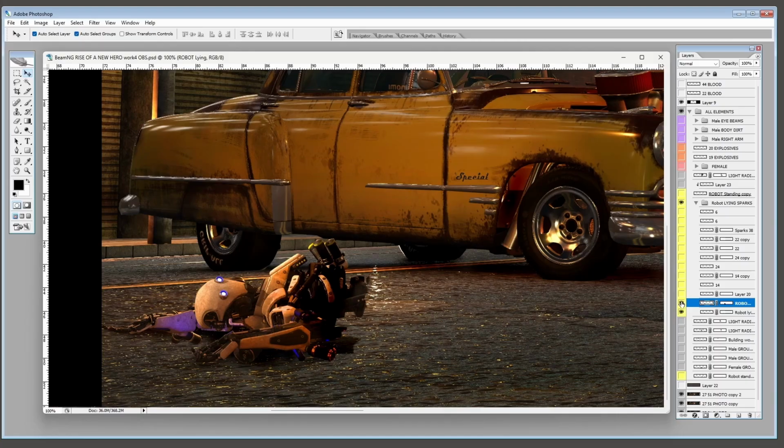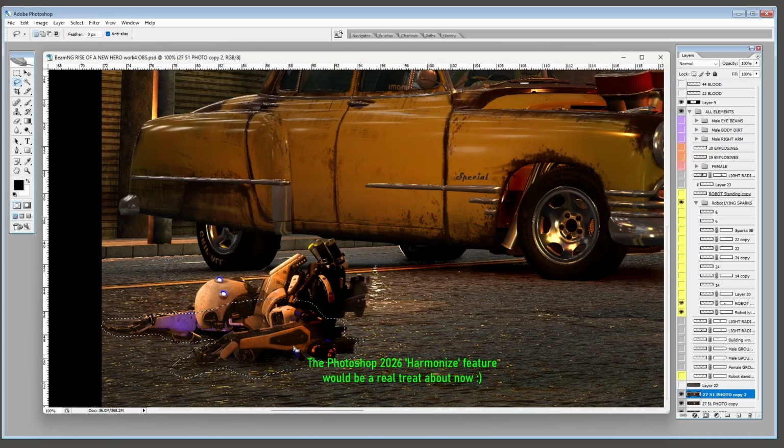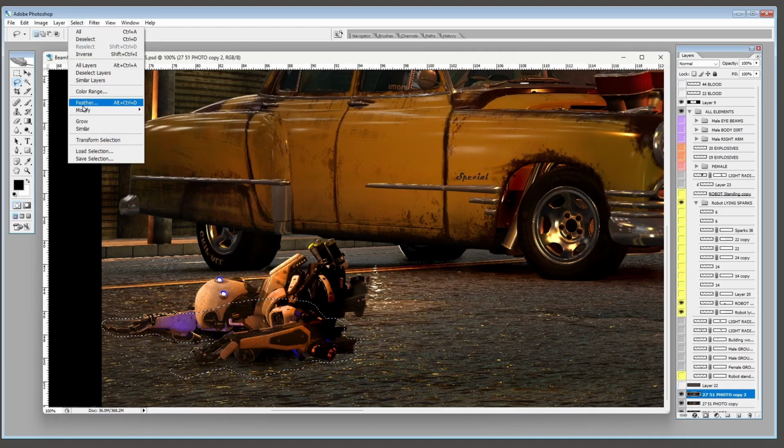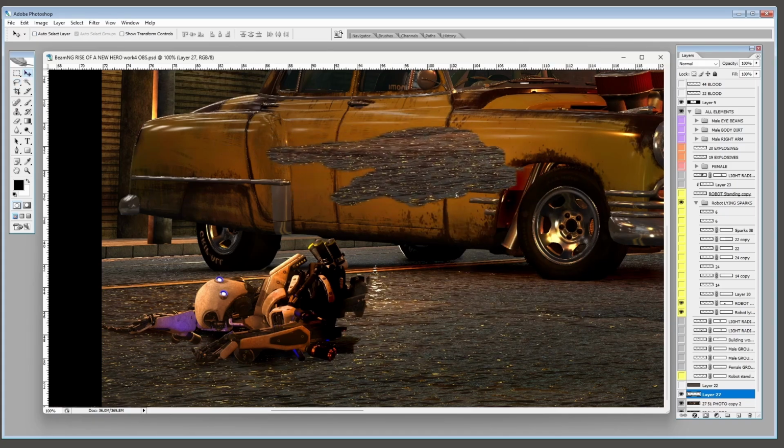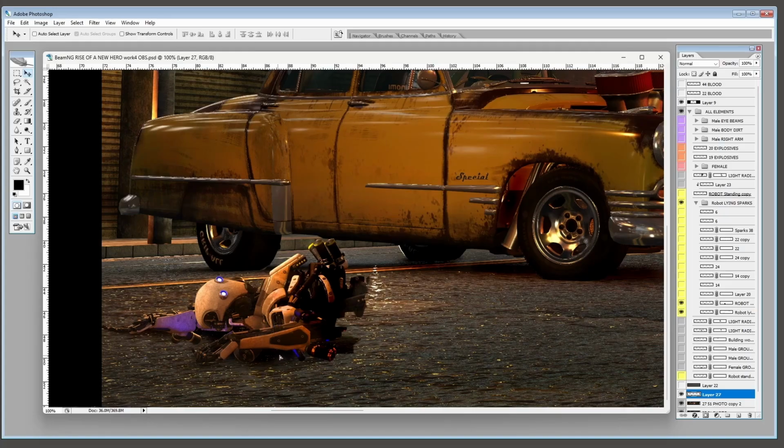Now the way I do grounding shadows, click on the background, and what I generally do, it may not be the correct way, but this is the way I do it, is I just roughly draw an area like that, and we've got a selection, and we've also got the background selected down here. Now I'll put a slight feather on it, and then I'll do a copy paste, and that shows up as a layer. Move it out so you can see it does that, but it's behind the